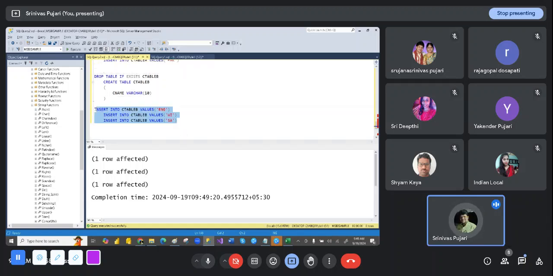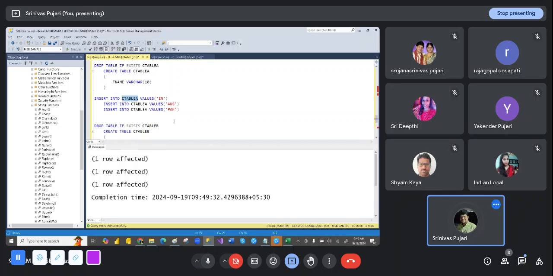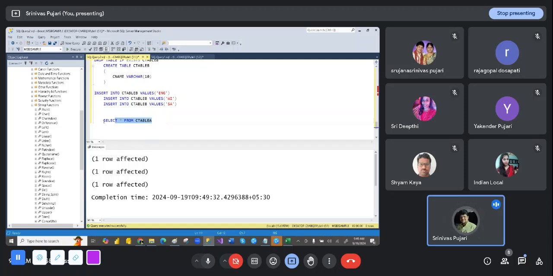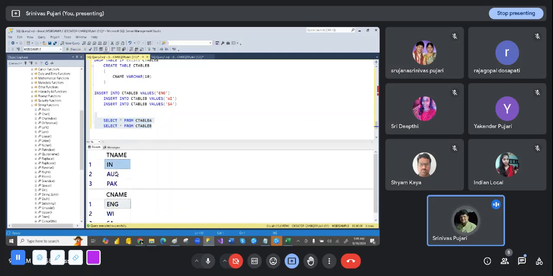So I just created the data. I prepared the data and then inserted the data. I haven't applied cross join yet. So you have the two tables now. Select star from this table, and again select star from this table. So two tables are there. If you execute it, we have India, Australia, Pakistan, and then England, West Indies, and